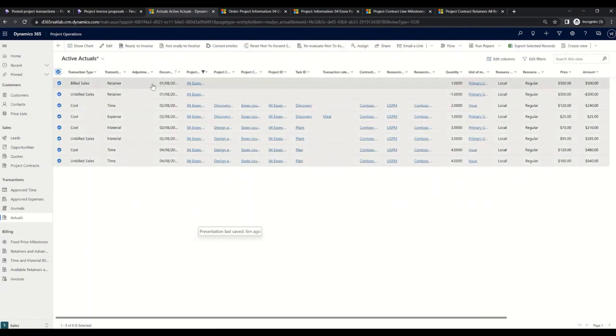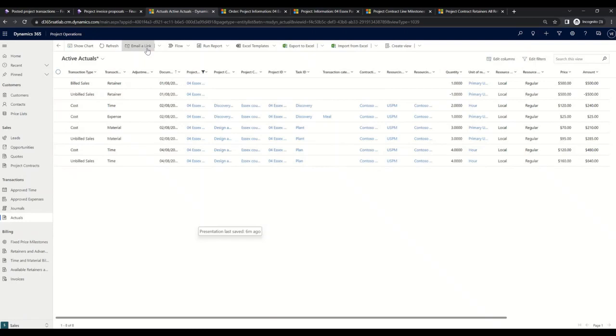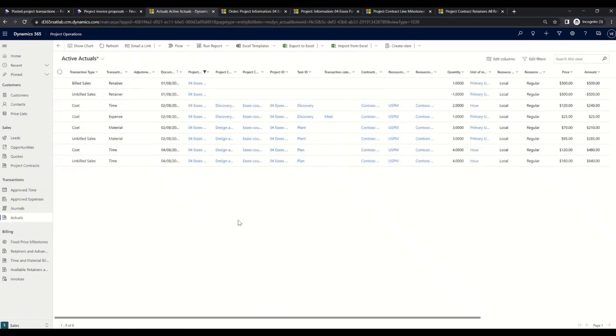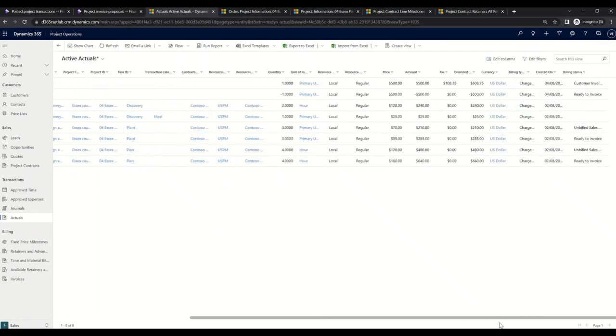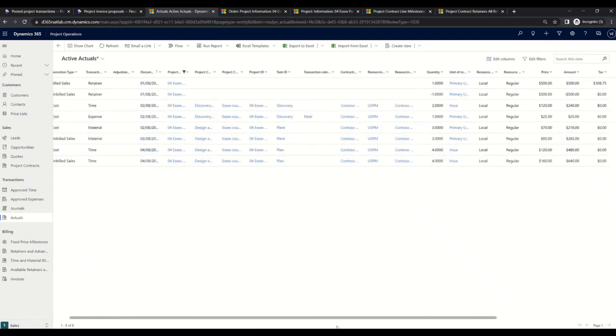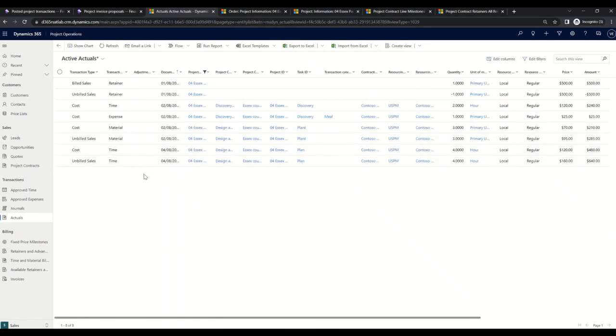So now let's go and mark all of them as ready to invoice. And don't worry, even if you mark all the lines, not all of them will be invoiced to the client. You'll see now how the status has changed. On the lines that need to be billed, we'll see that these changed from unbilled sales to ready to invoice. The others that are only cost will not be picked up by the automation or by the manual creation of a pro forma invoice, and will not become part of the invoice, but will only be reflected as a cost on our project and